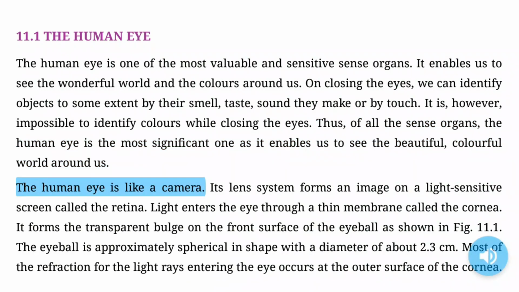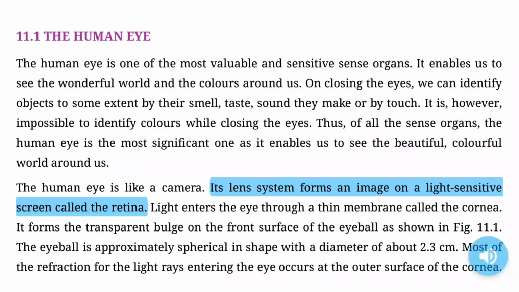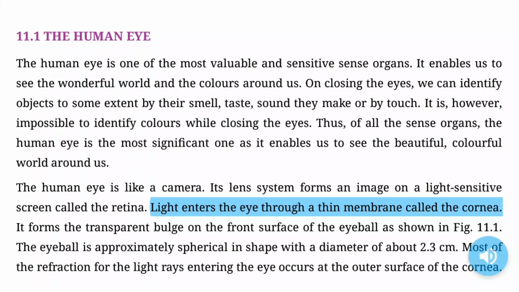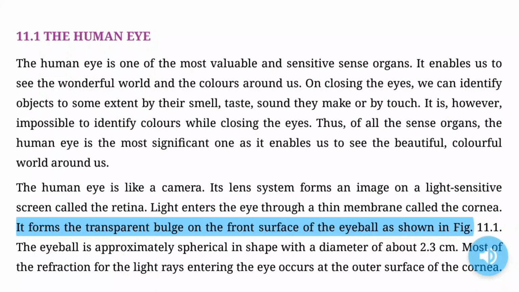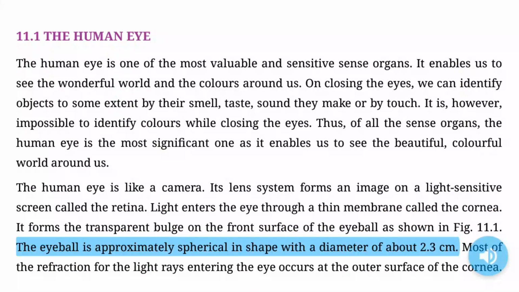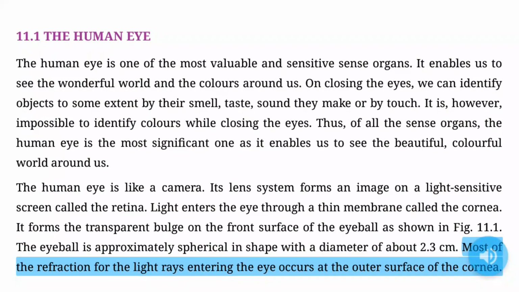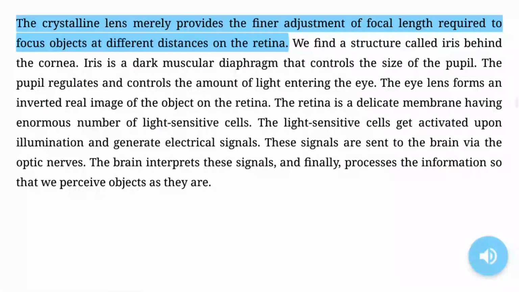The human eye is like a camera. Its lens system forms an image on a light-sensitive screen called the retina. Light enters the eye through a thin membrane called the cornea. It forms the transparent bulge on the front surface of the eyeball as shown in Fig. 11.1. The eyeball is approximately spherical in shape with a diameter of about 2.3 cm. Most of the refraction for the light rays entering the eye occurs at the outer surface of the cornea. The crystalline lens merely provides the finer adjustment of focal length, required to focus objects at different distances on the